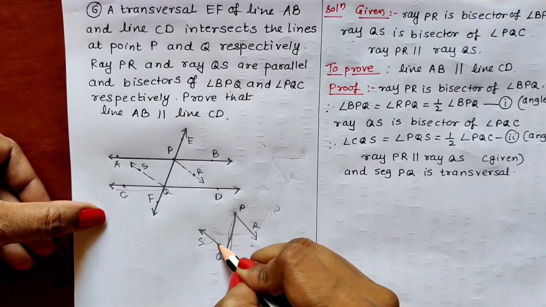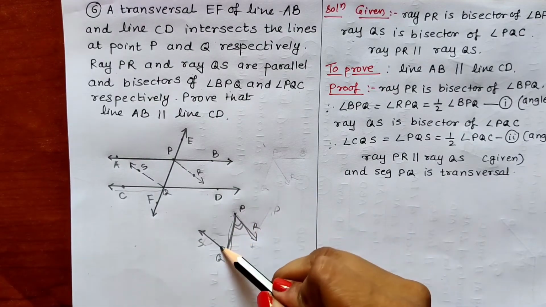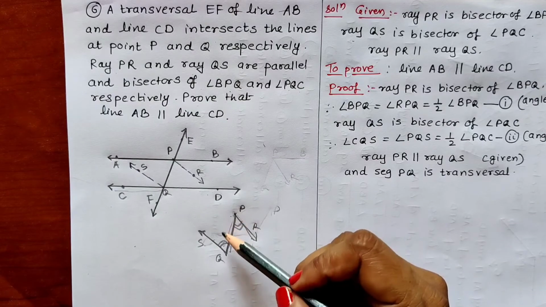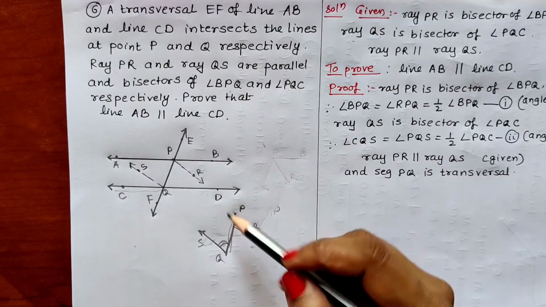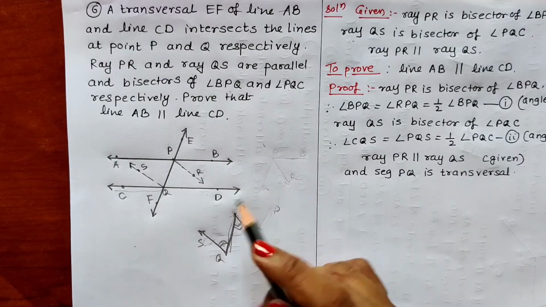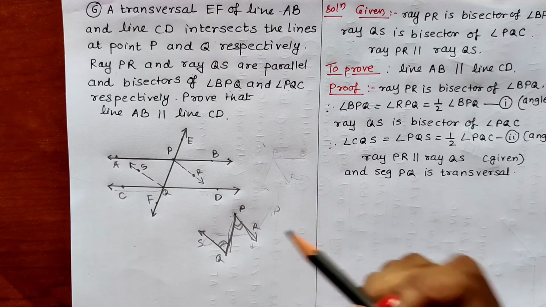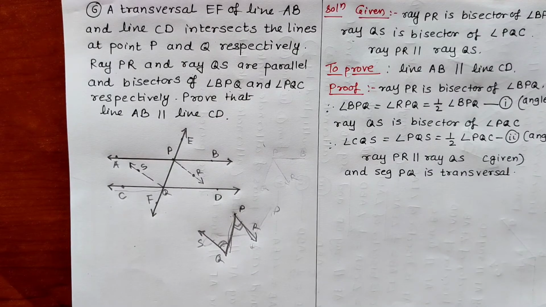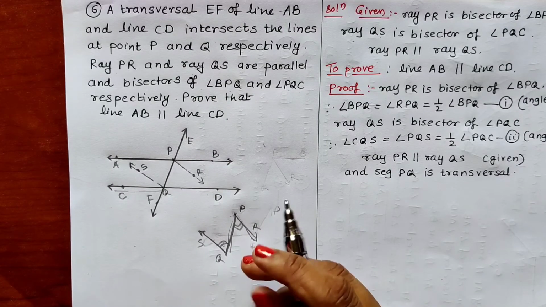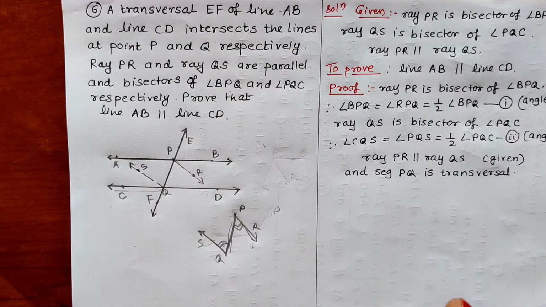What type of figure are we getting? Figure of Z we are getting. And in figure of Z, the angles inside are alternate angles. They are in the opposite direction, and they can be written as alternate angles because they are inside these two parallel segments or inside these two parallel rays, and they are on the opposite side of the transversal, and that's why they are alternate angles. So alternate angles are congruent. We all know when two lines are parallel to each other and two alternate angles are there, they will always be congruent. Alternate angles between two parallel lines are always congruent.